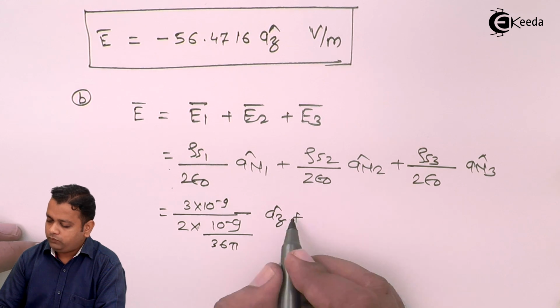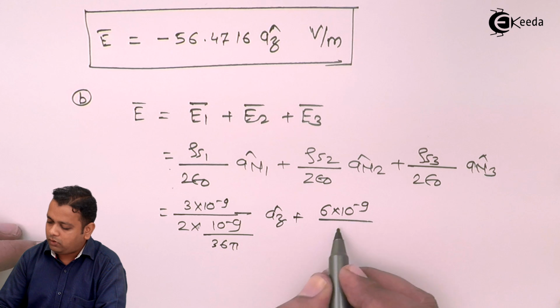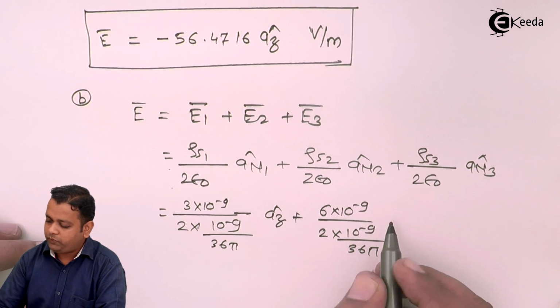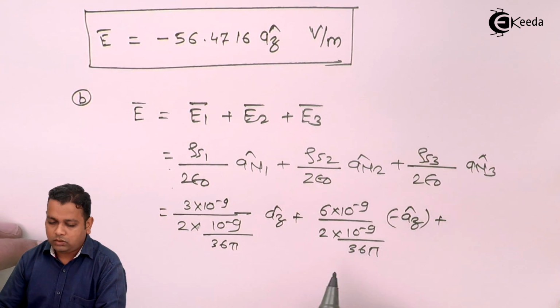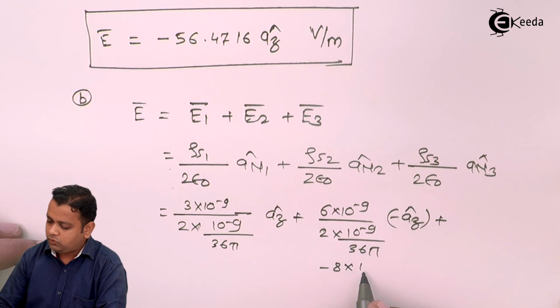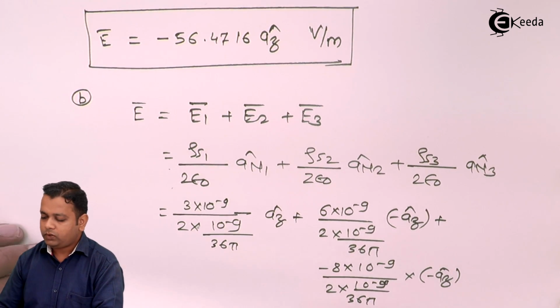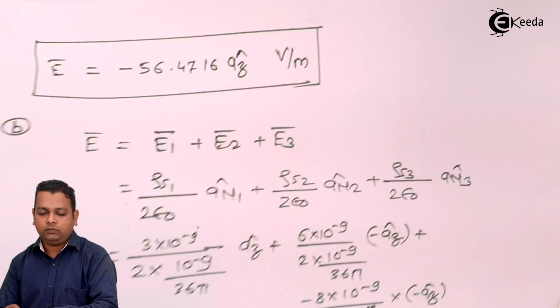For the second one, it will be 6 into 10 raised to the power minus 9 upon 2 into 10 raised to the power minus 9 upon 36 pi, which will be the same. This will be minus Az cap. And for the third term also, 8 into 10 raised to the power minus 9 upon 2 into 10 raised to the power minus 9 upon 36 pi into minus Az cap. So upon making these calculations, E bar we obtain, that I write